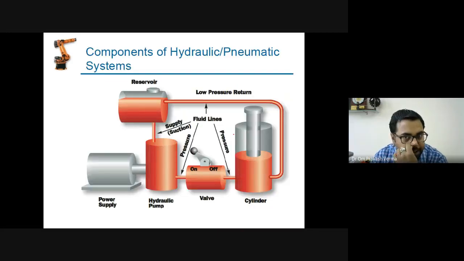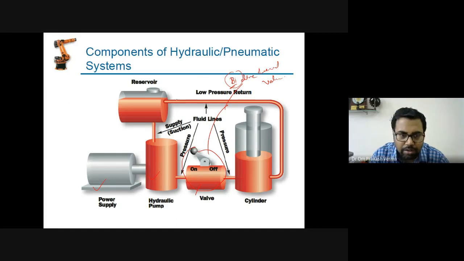So now you can see the hydraulic components of the hydraulic pneumatic system. Then we will discuss the different types again. So you can see here, this one is the power supply, and this is the hydraulic pump by which the water or something, the gear system, will be operated. Okay. This is the valve, and this valve we generally use in industry as bidirectional. Okay. A directional valve is generally used here. It is a bidirectional, two way.